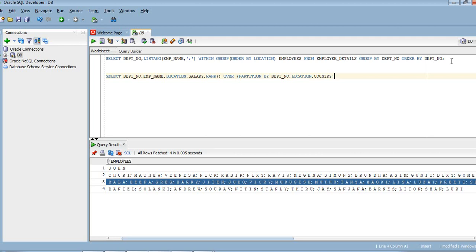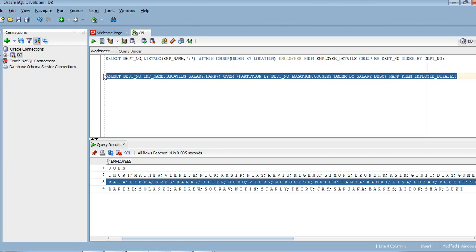Oh, sorry, we need to order also. Order by salary descending. This we can call as rank, from employee details. Okay, so let me do one thing. Let me rearrange the query by Control F7.